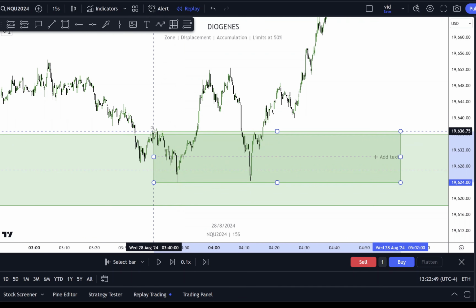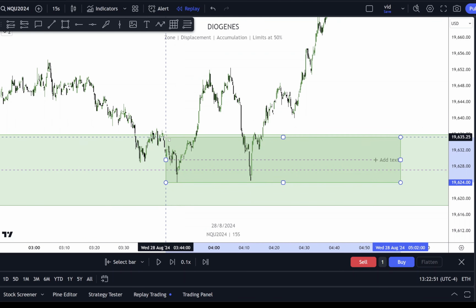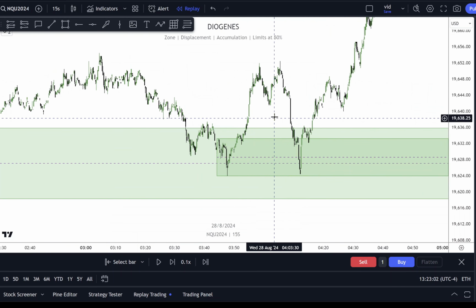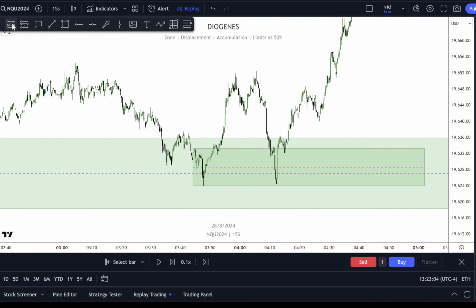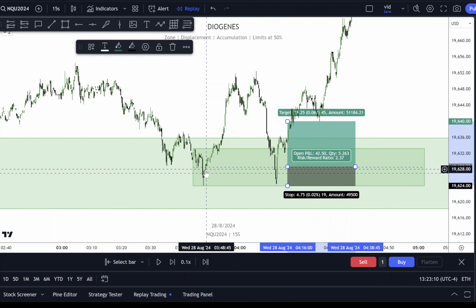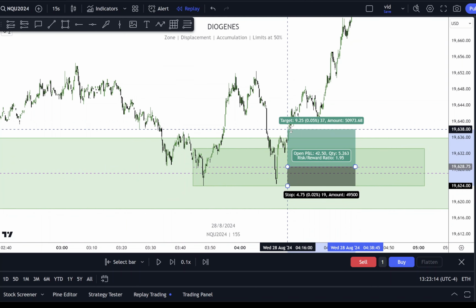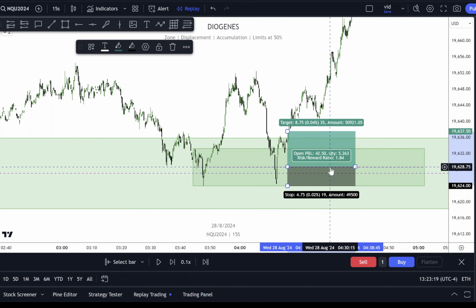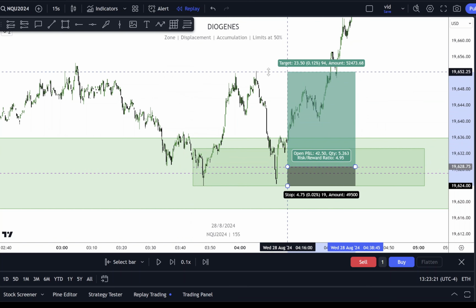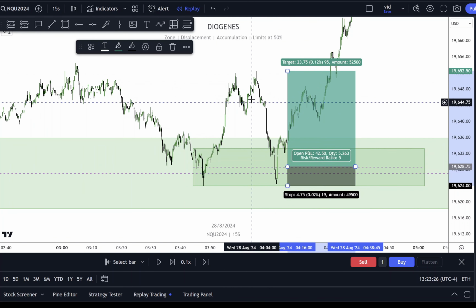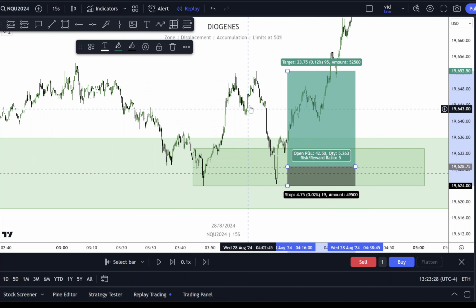Instead of taking the 1-to-1 of the M1 zone, I just took a quick 1-to-1 of the glitch. Now this is again another tip of how to get a higher win rate, right? So you take it from a lower time frame glitch, 50%, and you either target the 1-to-1 of the M1 zone for a 1.8 RR, or target the next week high or next bearish 50% of this zone, because look,